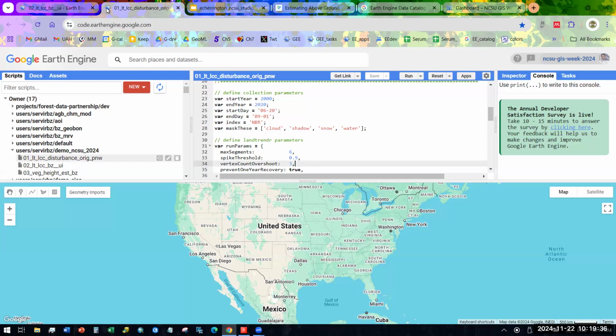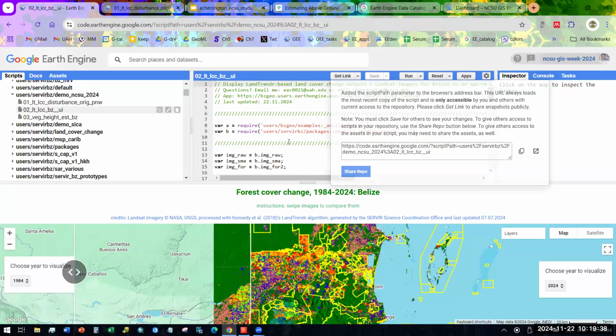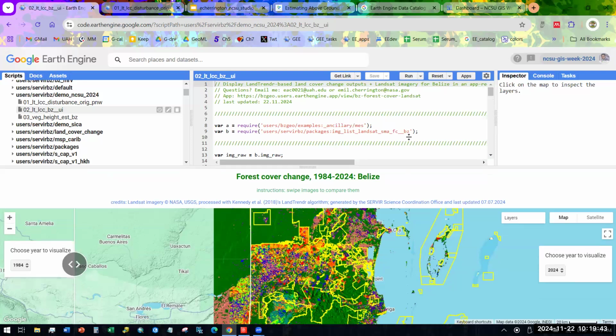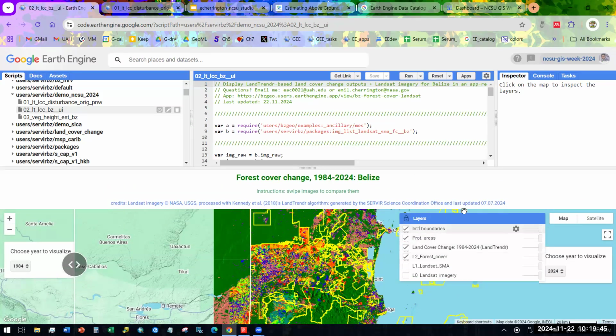Yep, I'm doing badly with time. The other script that was there, if you click on it, the only thing I wanted to highlight there was